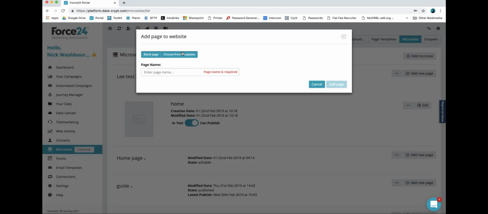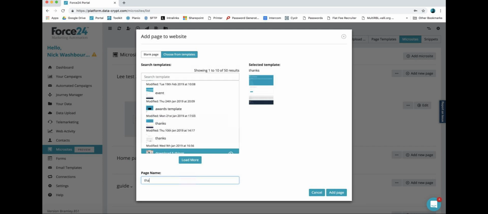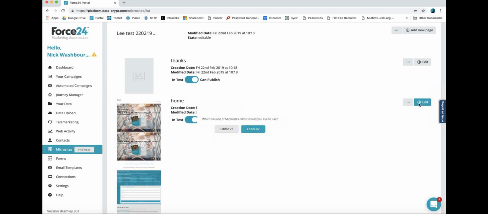Add page. Add in a thanks page as well, because I know I've got my form in there, so I want to make sure that people go to a page once they've submitted, and pop that in there as well. So if I now click on my home page and go into edit it,